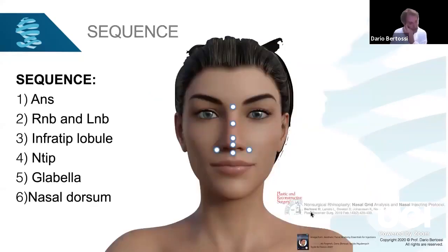with the filler. So our sequence, which has been published here, as you can see, and we can read it in this paper, is first of all, we inject the nasal base. So anterior nasal spine is first point because we have to manage the nasolabial angle. Then we inject the right nasal base and the left nasal base, and then we get numbness of the tip a little bit. So then we go in the infratip lobule with the needle deep between the cartilages. Then we inject the nasal tip if necessary to give a little bit of projection and eventually some supratip break,